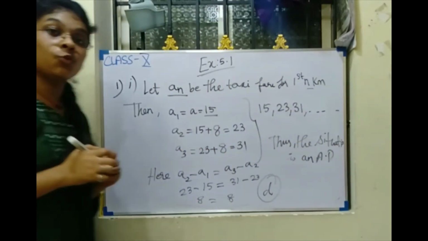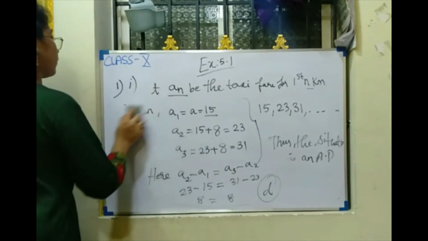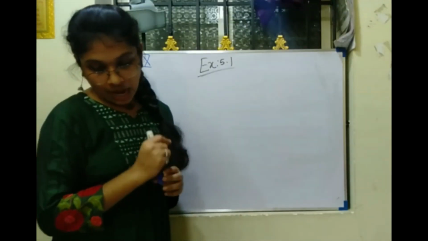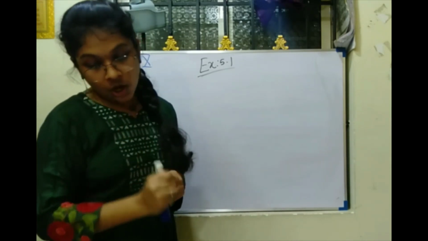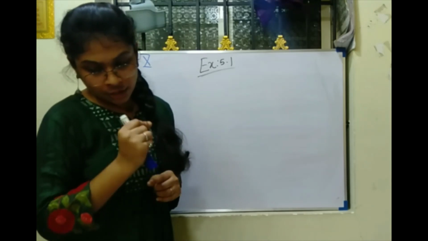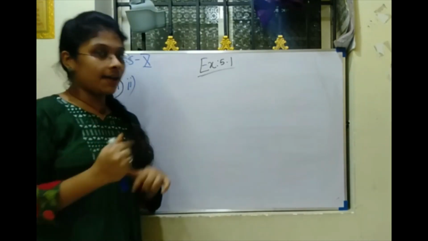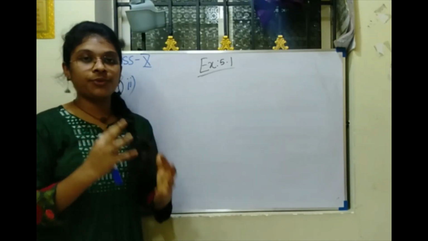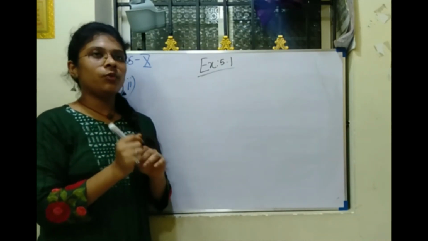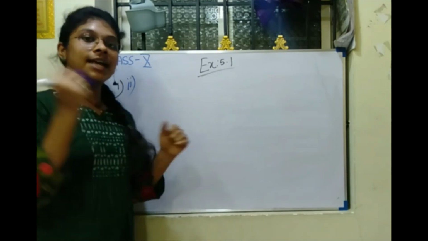Okay. Now let's move on to the second one. Now let's move on to the second part of the first question. The question is: the amount of air present in the cylinder when a vacuum pump removes 1/4 of the air remaining in the cylinder at a time. They haven't given the actual amount of air which is present in the cylinder. So we don't know that, so let's keep it as x.